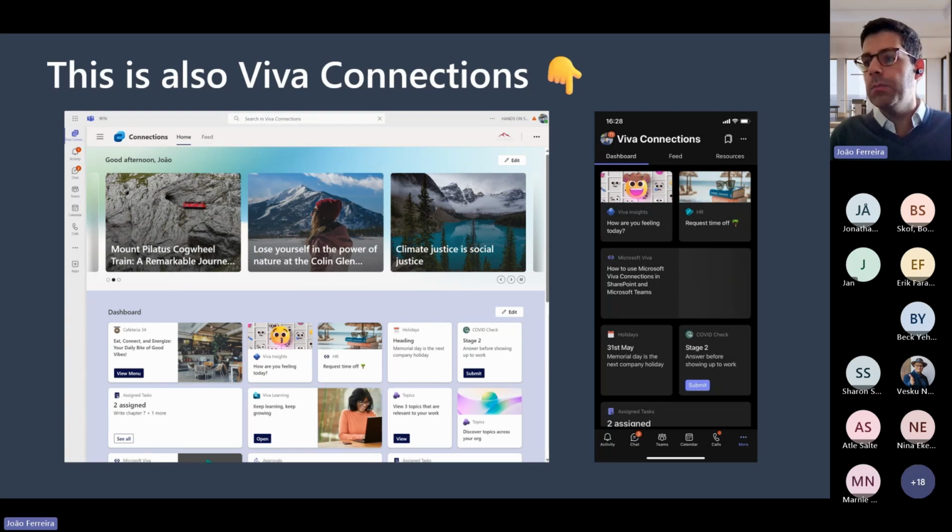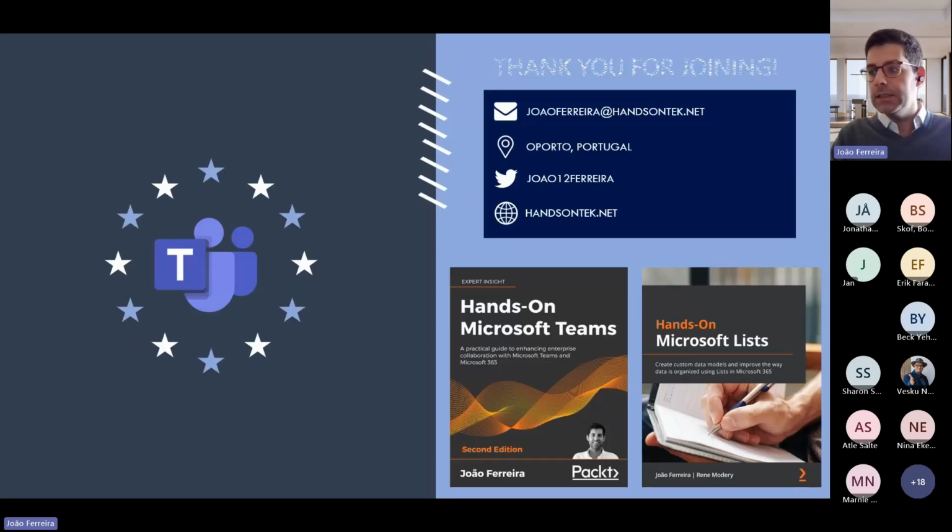And this is pretty much what I had to explain in just 30 minutes. I tried to condense this as much as possible to explain how you can configure multiple experiences with and without having a Viva suite or a Viva Communications license. And